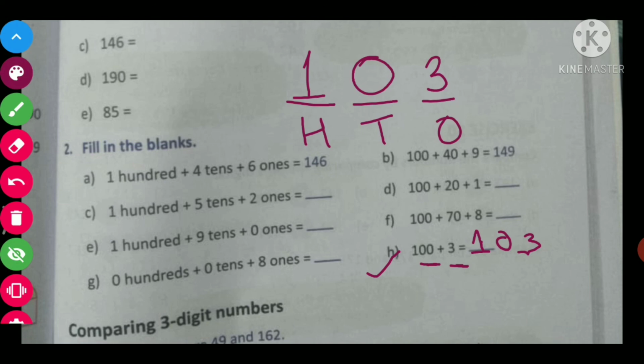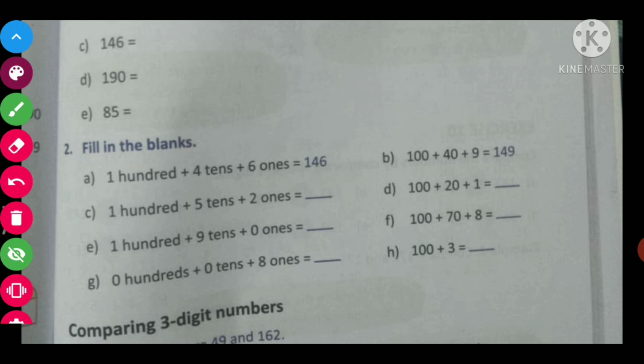So I hope you have understood how you can do this one. For your understanding, I am giving you E, G and F. This you will do in your classwork copy. And the rest of it, whatever we have discussed just now, you just do that one in your book. But these 3 and these 2, you have to do in your classwork copy. That's it only.